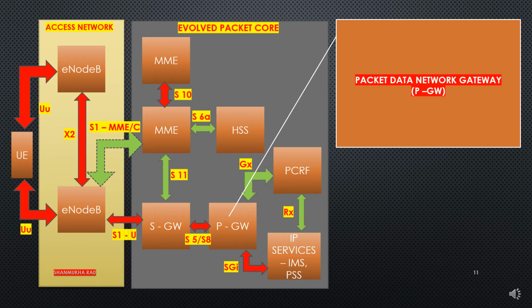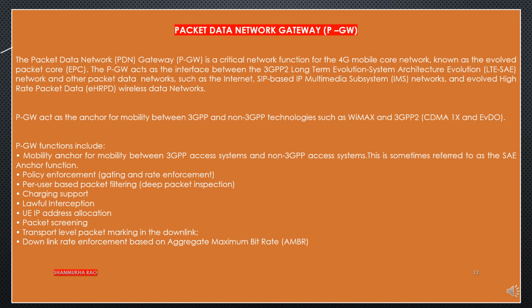Let's have a look at the Packet Data Network Gateway, PGW. The Packet Data Network, PDN, Gateway, PGW, is a critical network function for the 4G mobile core network, known as the Evolved Packet Core, EPC. The PGW acts as the interface between the 3GPP2 Long-Term Evolution System Architecture Evolution, LTE SAE, network and other packet